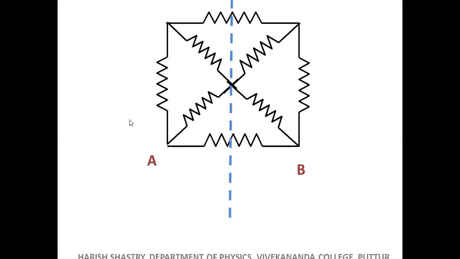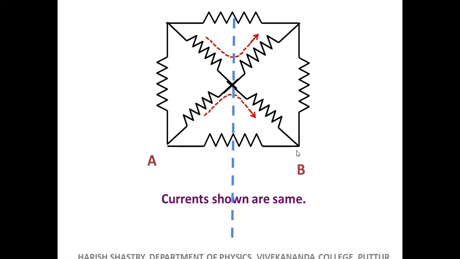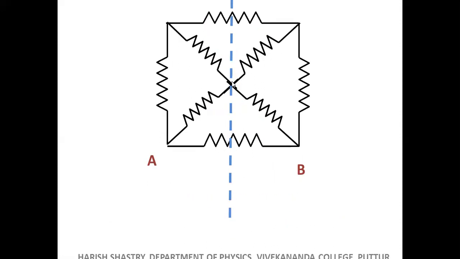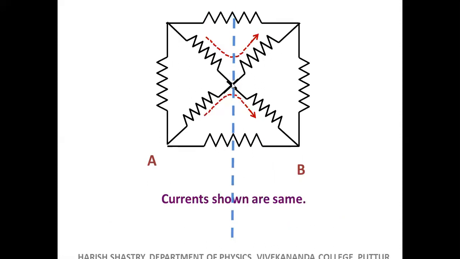Now this axis is put in the beginning itself. You see A and B are here. Can you put an axis and divide the circuit into two parts? All the points along the axis must be at the same potential, that is what we say. But here there is no node, and here is a node. Now, can I split this node into two parts? Yes, I can shift them. Now, sir, you have separated this connection, but this connection was here in the problem. No problem, I can shift.